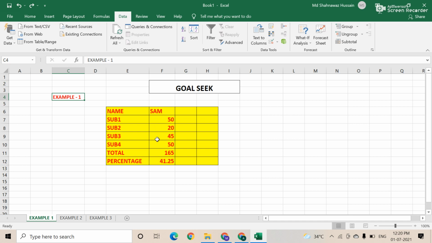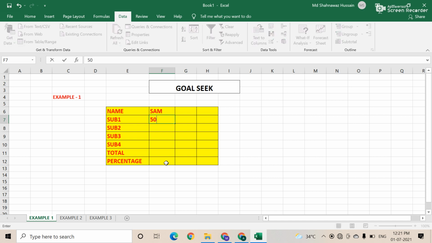See how you use goal seek. Suppose I remove all of these. Given any name of a student, there are four subjects. Suppose the marks out of 100 are 50, next 60, 55, next 45.